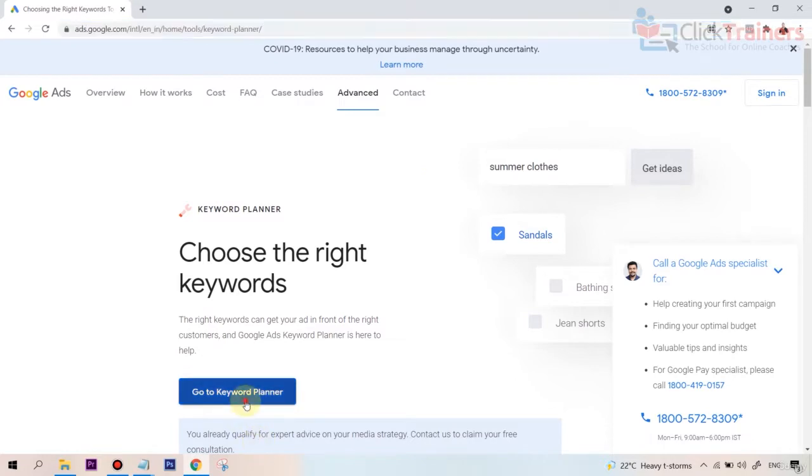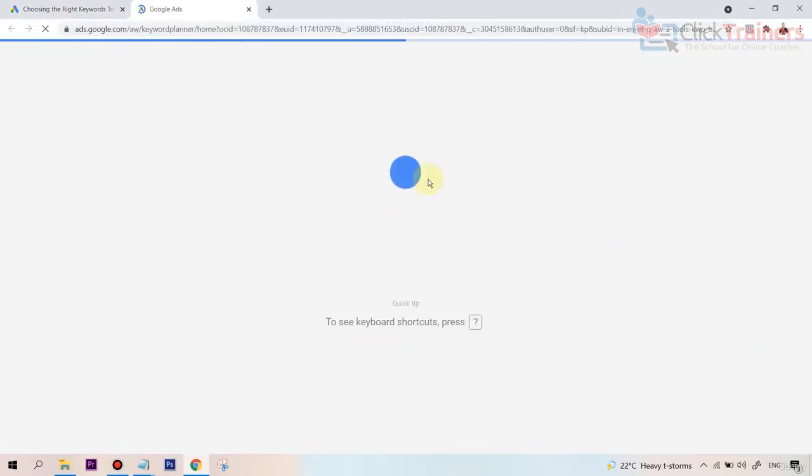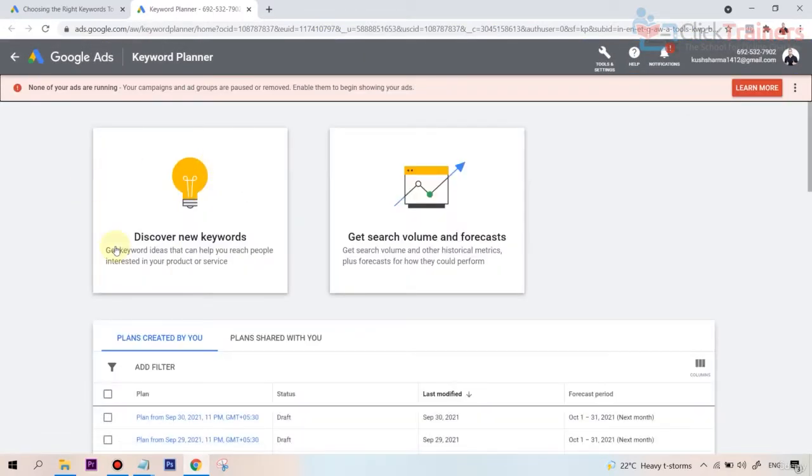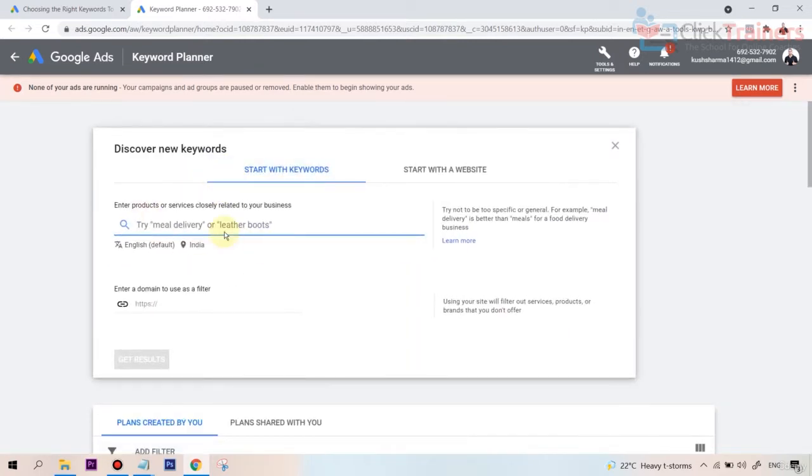All right, so I'm going to click on this, and once it signs me in, this time, if you remember the tab on the left, right? So last time we used it just to see what was the search volume. But we can also click on this discover new keyword, and this is something I'll also be revisiting later on. Remember I told you this is good for keyword research when it comes to getting ideas, right? So we're actually doing that right now also, but later on when I dedicatedly show you how to get ideas,